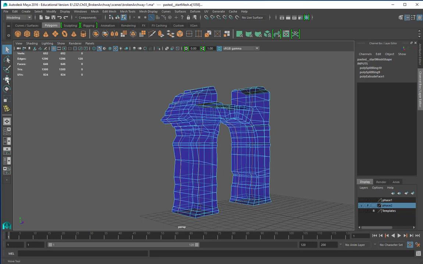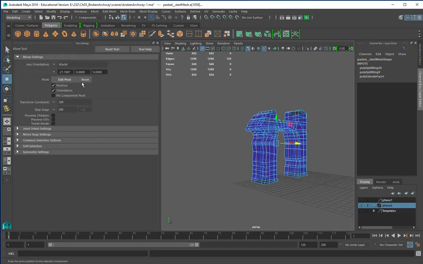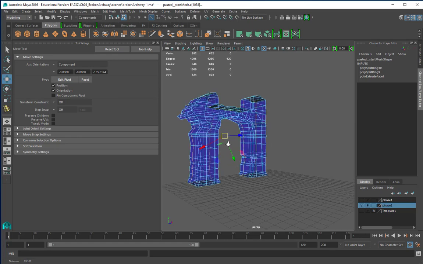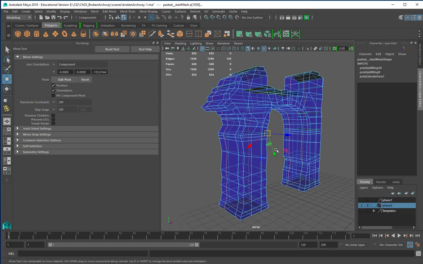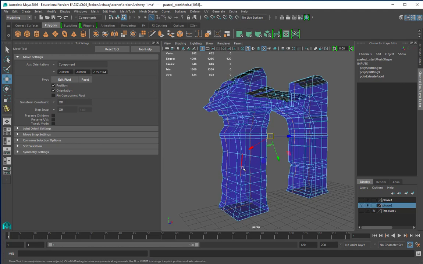Alright, so the next thing we want to do is make sure that we're in edge mode, which we are, and then I'm going to double click on my Move tool. And when I go in the Move tool, please notice that the default setting is World, and as you go through and make changes to the Move tool, notice in the upper section of the Move tool there's always a reset option. We can always bring the Move tool back to where it belongs. So we're going to modify the axis of orientation, and we're going to set it to component. And you'll notice that immediately something already switched about our object because the Move tool flipped into a different direction. So the goal here is to select a few of these vertical edges